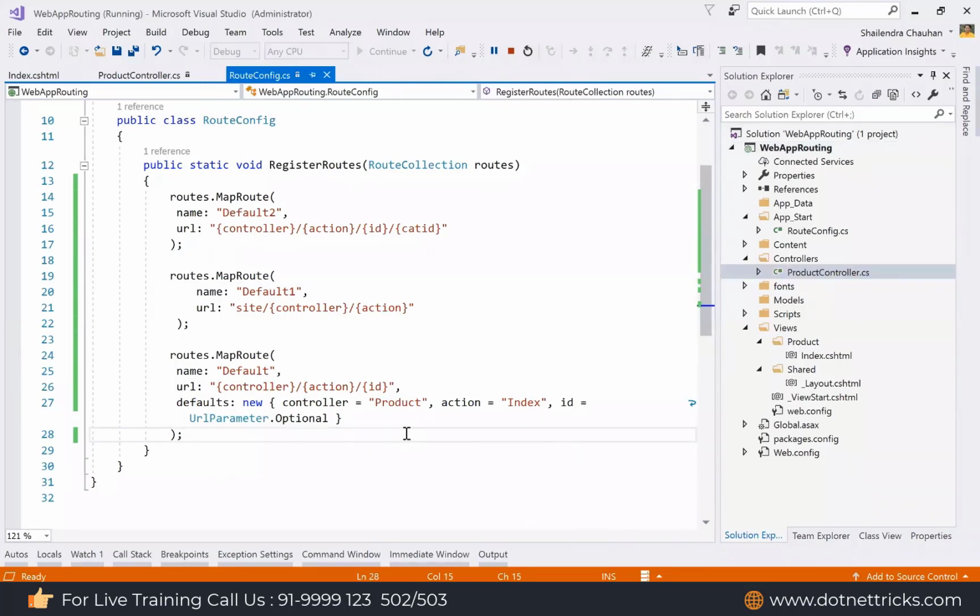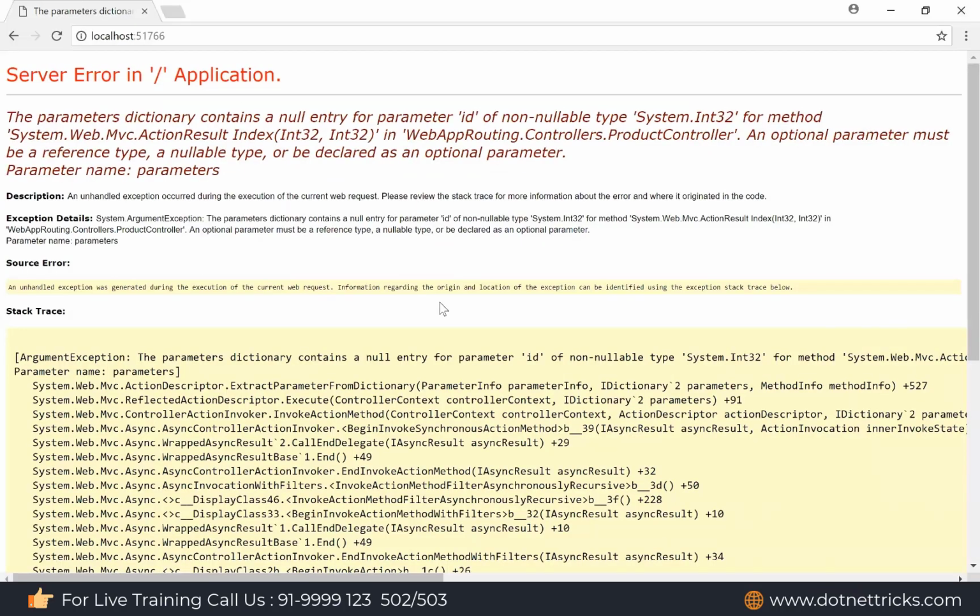But when we open the localhost and the port number, we are not passing any parameter value. That's why it shows the error that a null value cannot be converted into a non-nullable type.